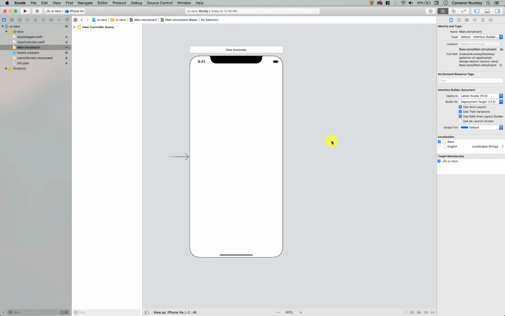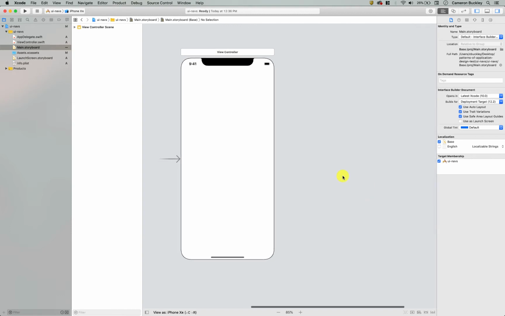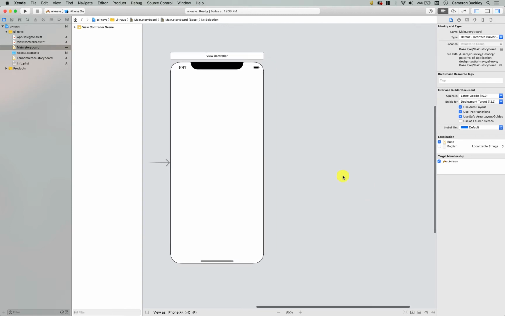So far, we've been creating very simple navigation UIs, such as a series of buttons that are pressed to then segue to other controllers, and that's fine. But this week, we're going to get into some more complex navigation systems and using things like various class files for each individual view controller. So let's get started by first talking about a navigation controller, and this is probably the most common view controller